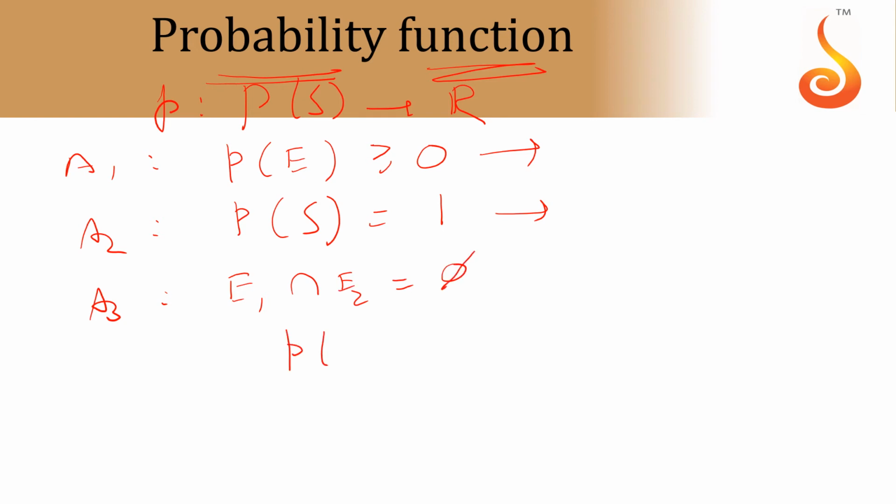Then probability of E1 union E2 will be equal to probability of E1 plus probability of E2. That is the probability function. Based on this, we will develop some theorems like P of I equal to 1, P of E plus P of E bar equal to 1. If E1 is a subset of E2, P of E2 minus E1 equals P of E2 minus P of E1, like that. In all those theorems, the important one is